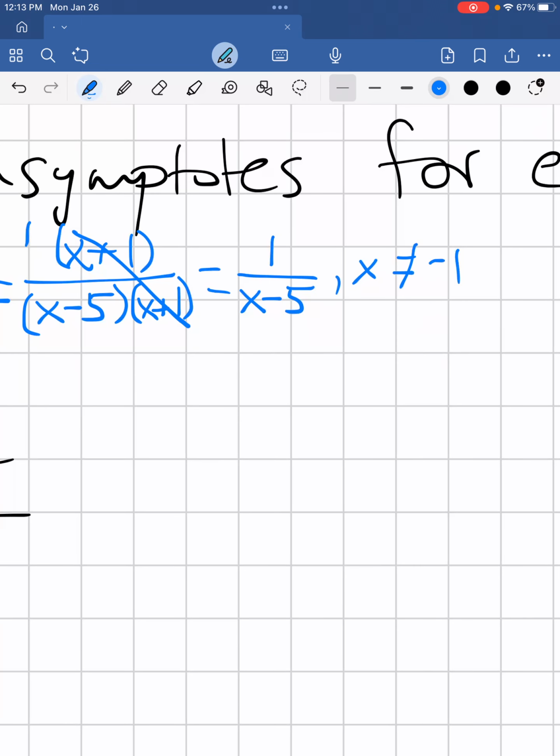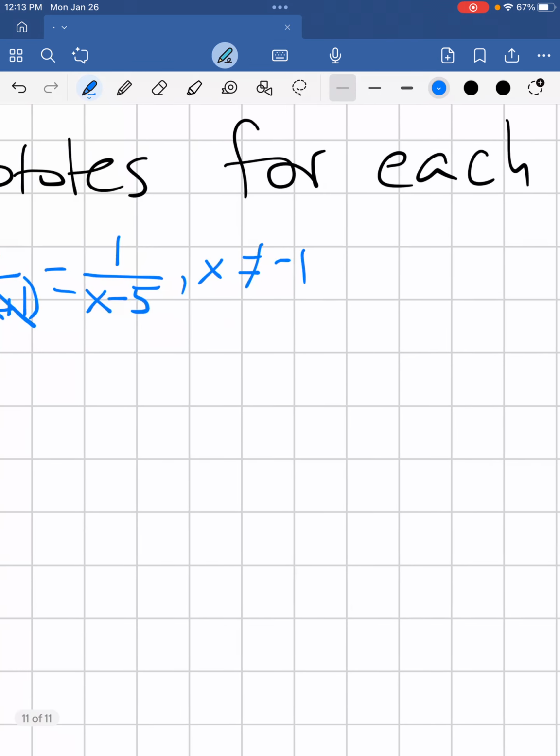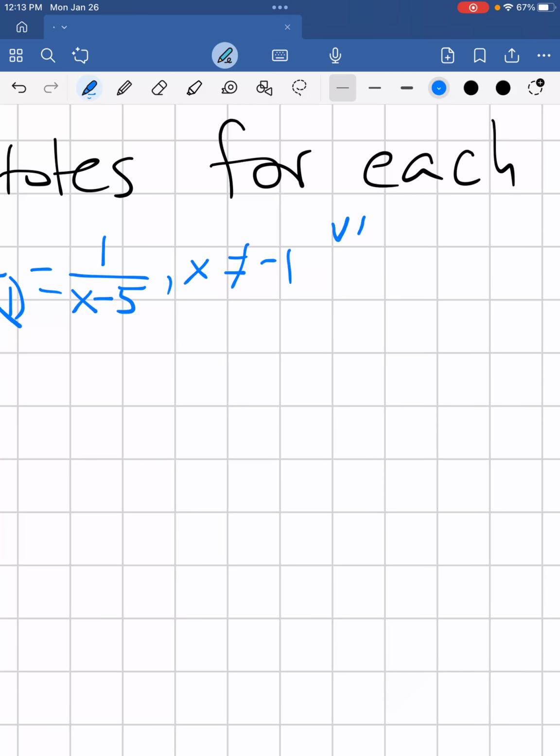So if I had to describe all of my asymptotes, from the last video we know that the vertical asymptote is going to be whatever makes the denominator 0. So we have a vertical asymptote when x is equal to 5. Not negative 1 though, because remember that's a hole, that's a removable discontinuity, it's not the same thing. Horizontal asymptotes though, we had rules